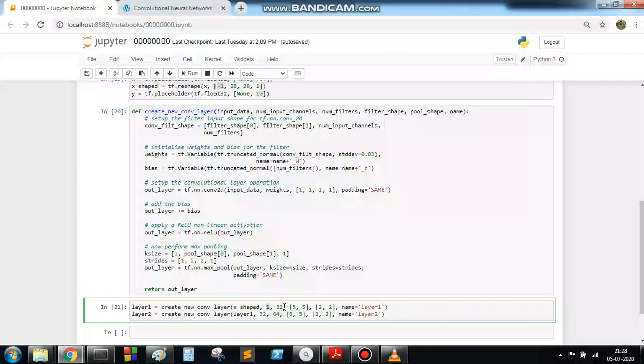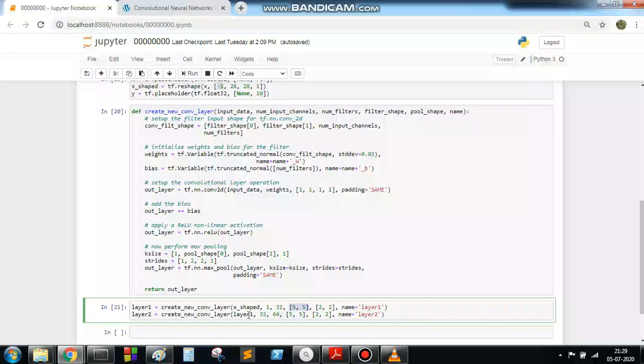Then, how many filters are we using? We are using 32 filters. The filter shape is a 5x5 filter. Then pool shape: 2x2 pooling is used here, and the name of the layer is layer 1. Similarly, I am creating a second layer, layer 2, using the same create new convolution layer function. It takes as input the output of layer 1.